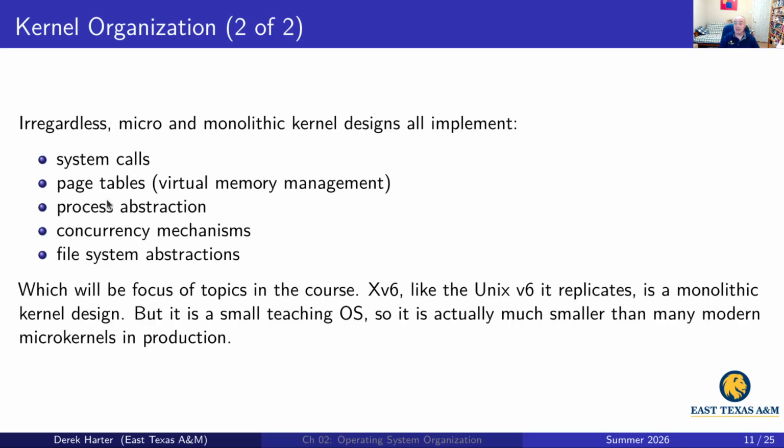All modern operating systems meant for general purpose use are going to implement virtual memory, usually with page tables. There'll be an abstraction called a process, where each process has its own page table, and so its own virtual memory address space, as well as one or more threads of execution, so a program counter and things associated with it. All operating systems support concurrency mechanisms. We'll talk a little about the concurrency mechanisms that are implemented in XV6 using the